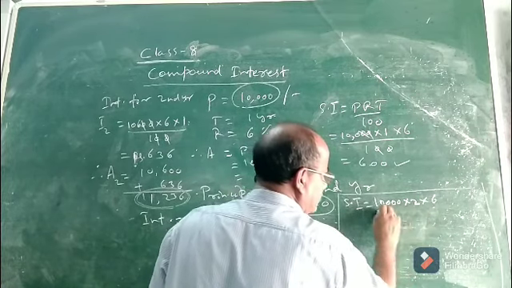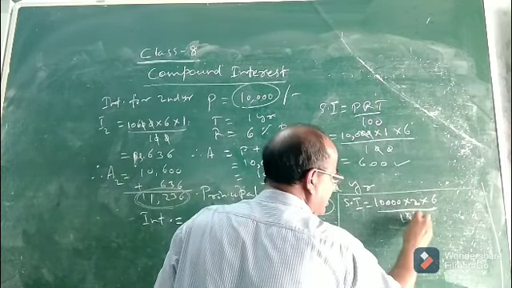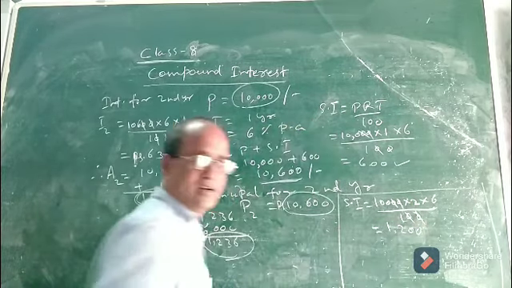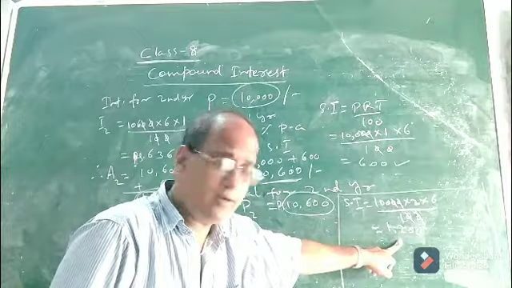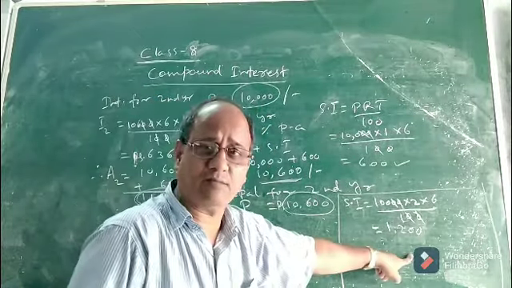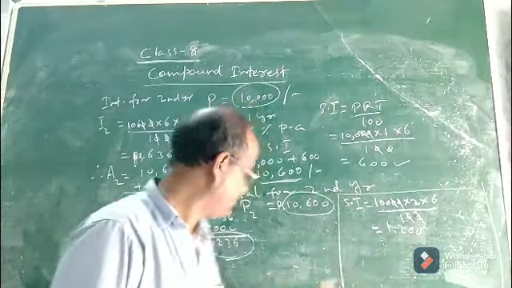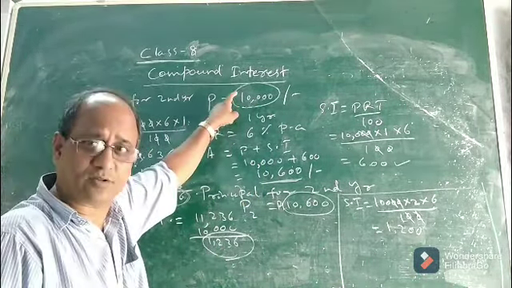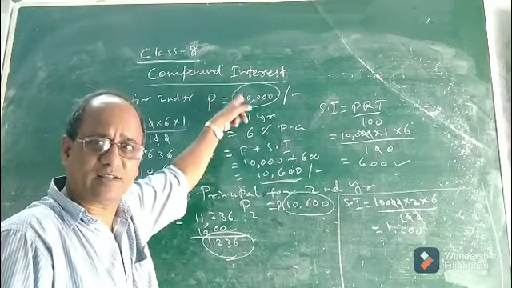Rate is 6, time is 2 years, and it is 100. You see, the zeros cancel, the zeros cancel. It is 1,200. See children, the simple interest on this sum for 2 years at 6% per annum is 1,200. But look at the compound interest on this same sum, same principal, that is 10,000